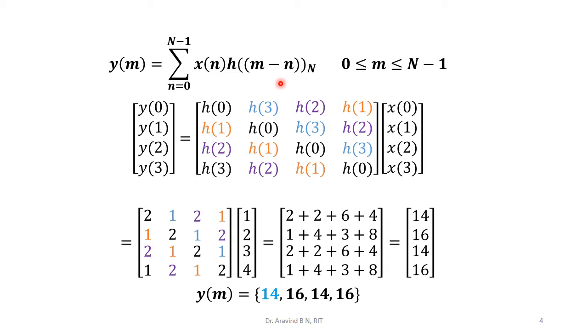So the general formula of the circular convolution has been written. Then for n is equal to 4, the matrix relation has been written over here. Then we know the values of h of 0 to h of 3, that is given, and x of 0 to x of 3 is also given. So we have just substituted those values. We have performed the matrix multiplication, simplified, and we have got these values. So y of n will be equal to 14 16 14 16. So you just go through the number of steps that we have followed with respect to the matrix method.